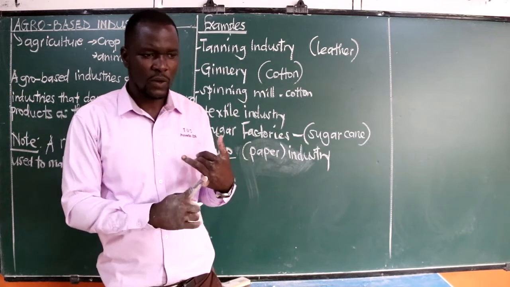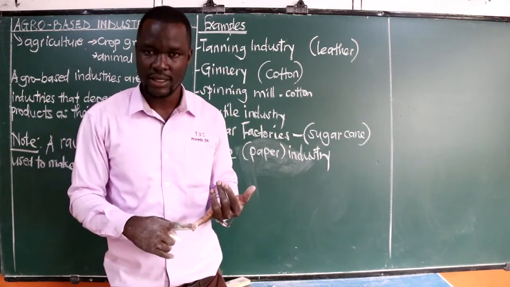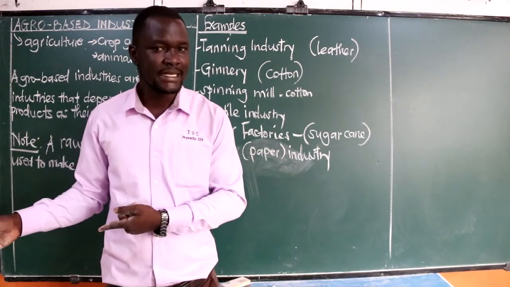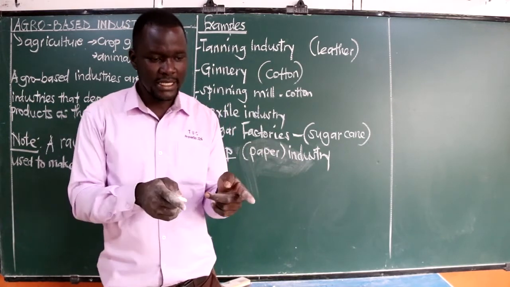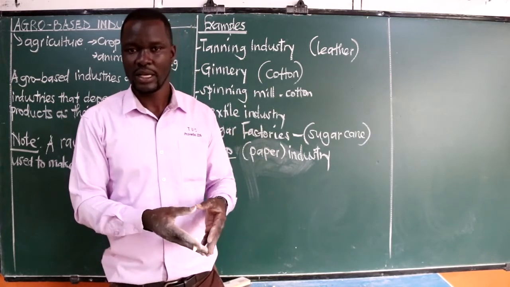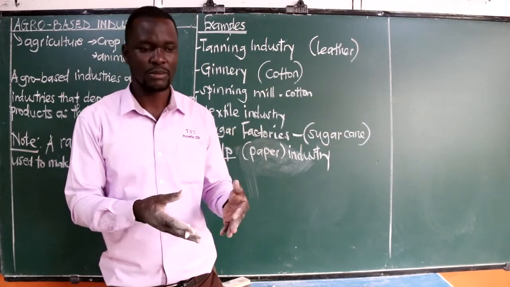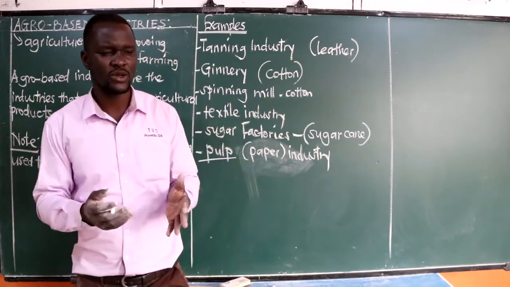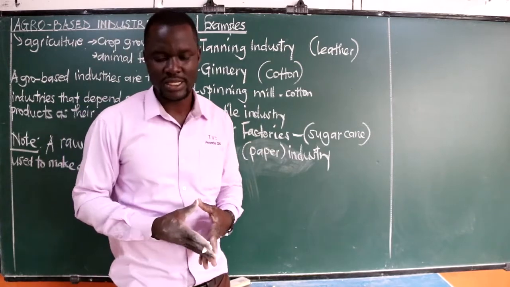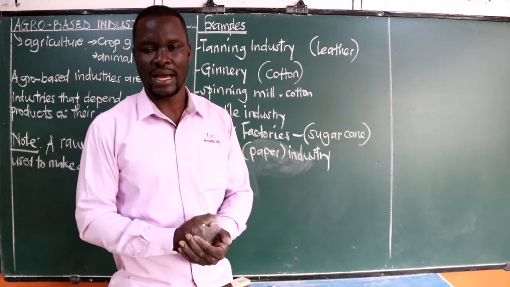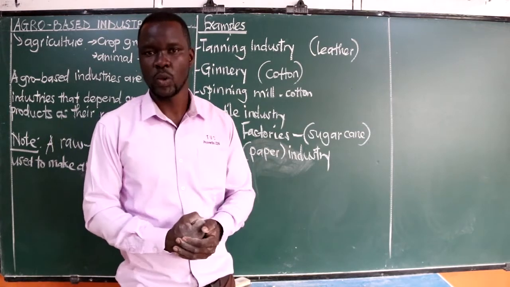Look at the one which makes tea leaves. Tea leaves are made from where? Made from the tea plant. So the tea as a crop is processed in that factory that we call the tea processing factory. That one becomes automatically an agro-based industry. So we need to note that these agro-based industries are the industries that depend on agricultural products as their raw